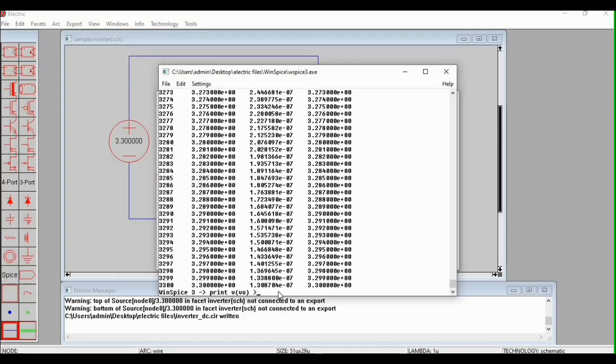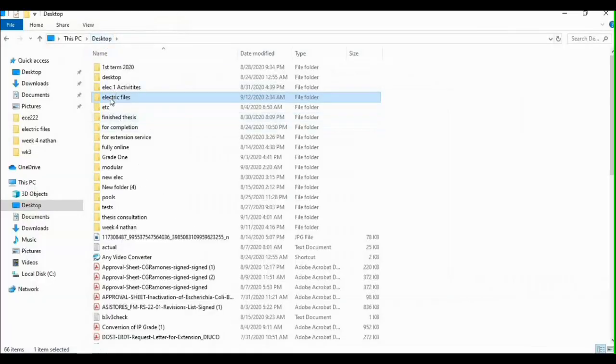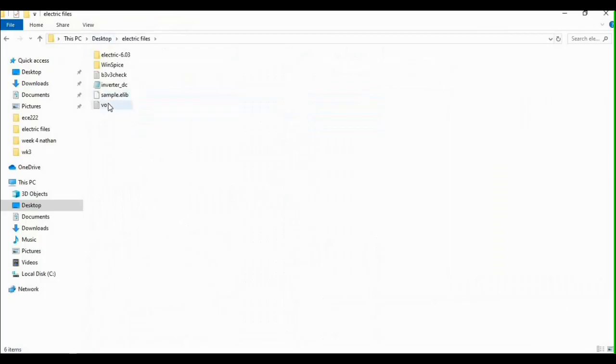Then the greater than sign, then the file you want to save this into. So let us just name it as vo.txt. So once it doesn't show any error message, it will automatically save the data into a file named vo.txt. You can open that using Notepad.